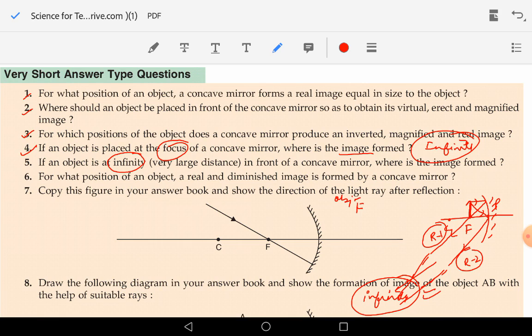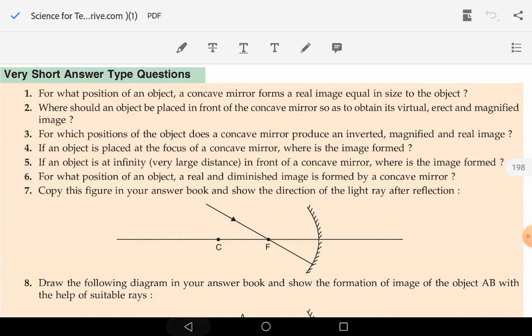Okay, the object was at focus and the image was formed at infinity, right? This is the case in question number 4. Now in question number 5, this is a reversed case, that now the object is kept at infinity. So obviously where the image will be formed, it will be formed at the focus, right? So now let us understand question number 5,